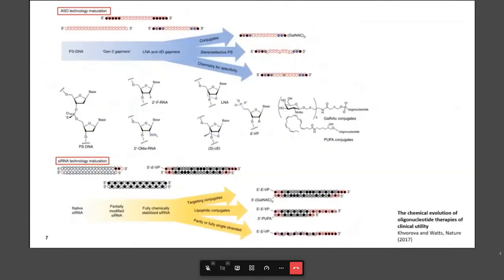Similarly, as you will hear in the following presentations and also in the previous webinar, which I also recommend that you attend, the key to this progress has been the evolution of oligonucleotide chemistry and also the increasing biological understanding of how oligos work. And again, this is summarized nicely in this diagram and also in this review by Anastasia Khvorova and John Watts in Nature in 2017. And again, I would recommend looking at this article if you want to see more about how oligonucleotides work.